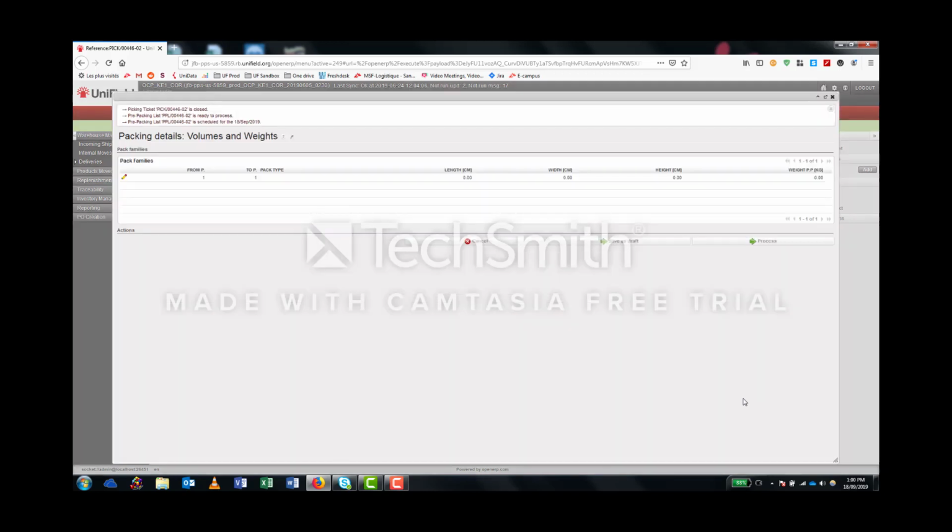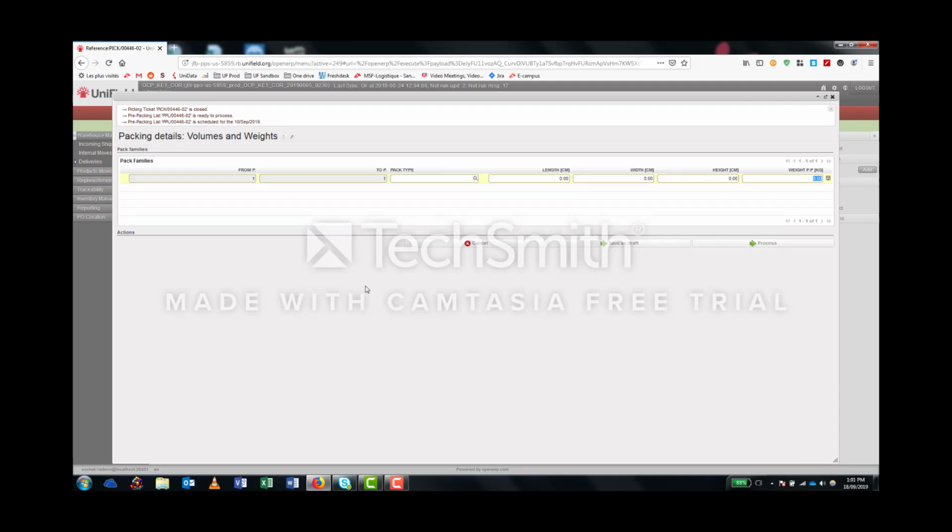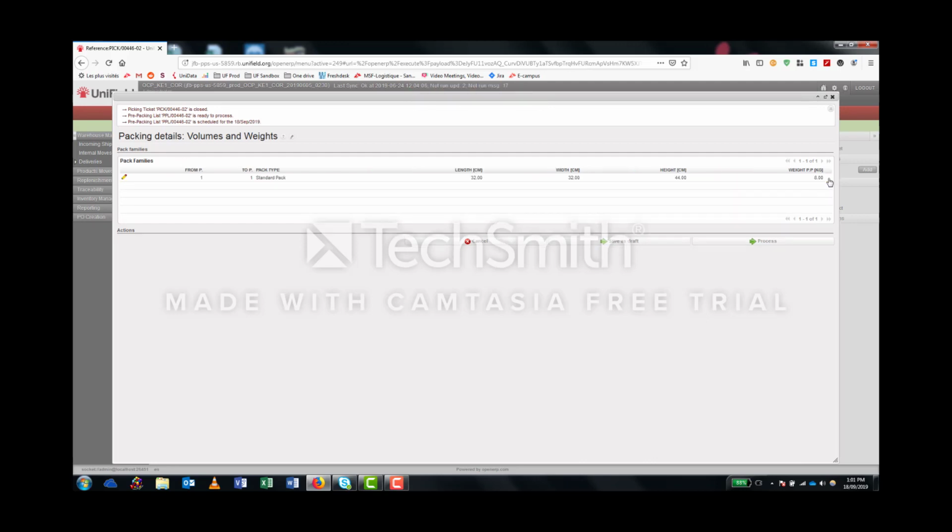As you can see, the next step is to jump immediately to the packing details, which are the volumes and the weights. Let's indicate the standard pack together. And the weight will be 8 kg. However, this article cannot fit in one carton and we need 2 parcels. But to indicate the number of parcels, we have to wait until the next step. That is the main difference between the quick flow and the long flow.